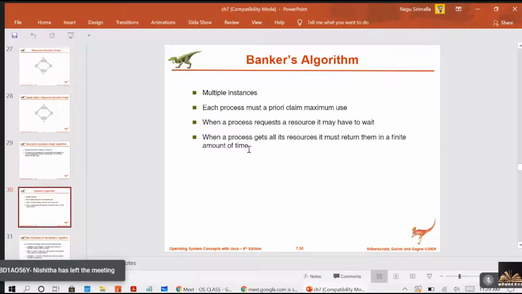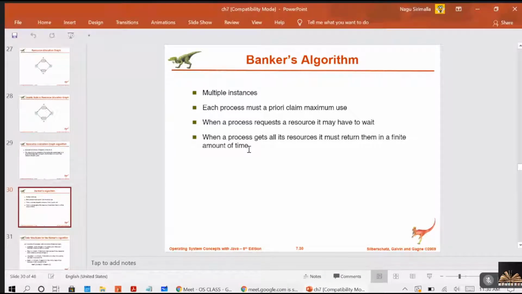Here also it is the same. What they will do is simply preempt the resources from the process. Again, if you need money, or if you need resources, then first of all you should return all the resources that you are holding. Whenever you return all the resources, they will again be allocated to other processes. First you should tell what your maximum use is. And if the resources you need are not all available, then you are supposed to wait until you get all the resources, and you are supposed to return them in a finite amount of time.